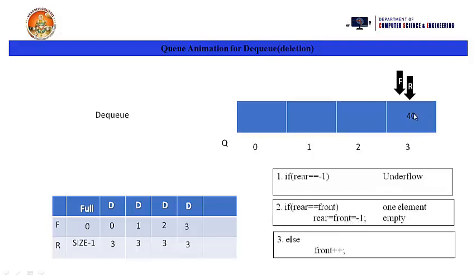Now both are equal. Now we need to delete this element first, 40. After deleting this 40 element, the queue is empty now. Now we need to set the front and rear values to -1. Suppose I want to delete an element from the queue. Now check the condition. If rear equal -1? Yes, now rear equal -1, so -1 equal -1, the condition is true. Why? Because the queue is empty now. The underflow condition occurs. Now we cannot delete any element from the queue. Why? Because the queue is empty. Like this, we can perform the dequeue operations using an array.